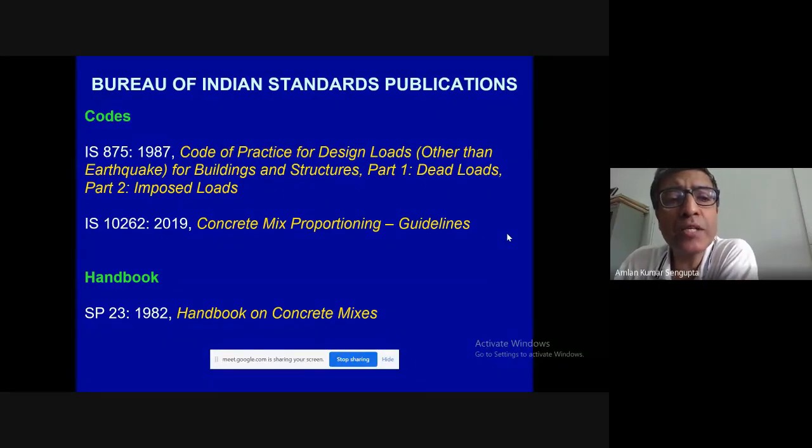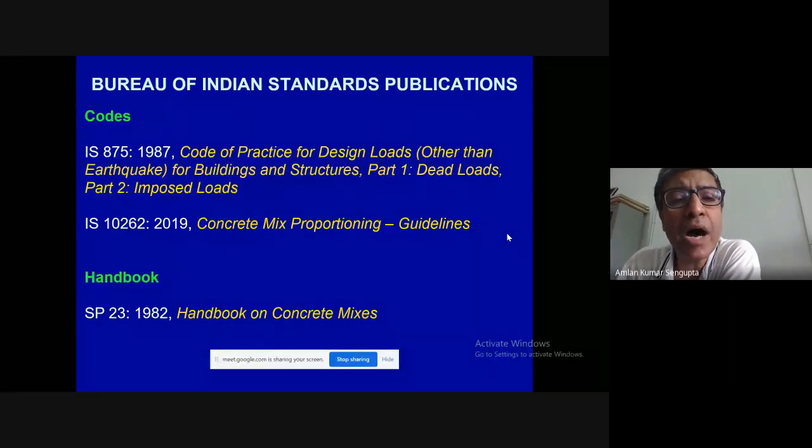Apart from part 1 and part 2, there are 3 other parts which we are not going to cover here. Part 3 is related with wind load, part 4 is related with snow loads, and part 5 is miscellaneous loads. Now please note this part 1 and part 2, we will not be covering them line by line. We'll be giving you an exposure and you have to go through the material. These are pretty self-explanatory. Once you get an exposure, you can go through those material.